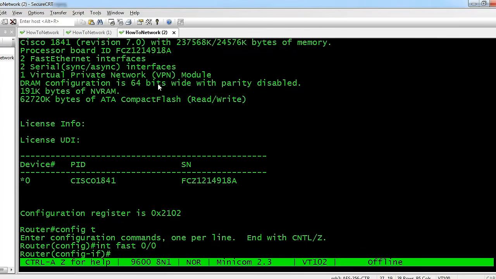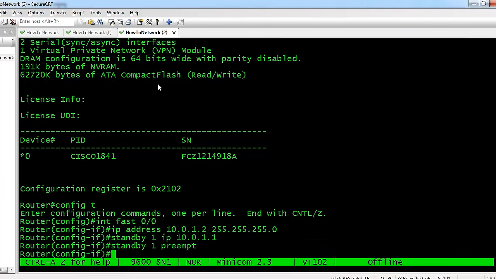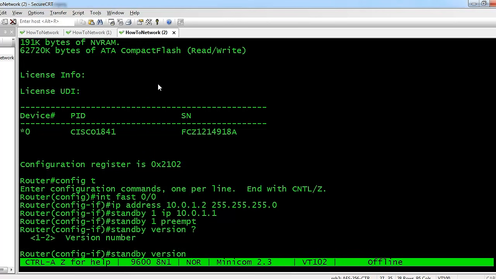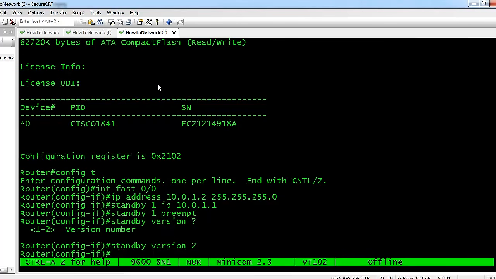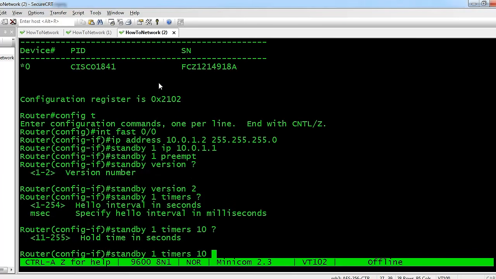So let's configure HSRP in a lab. First, we're going to assign an IP address to the interface. Then we're going to assign the virtual IP address. This is the IP address that will answer as the gateway between the devices that are running HSRP. Then you can manually set the version number, so we'll run HSRP version 2. And then the timers, so the hello interval, this is how often a packet will be sent to notify the other routers or devices participating in HSRP that this device is active,